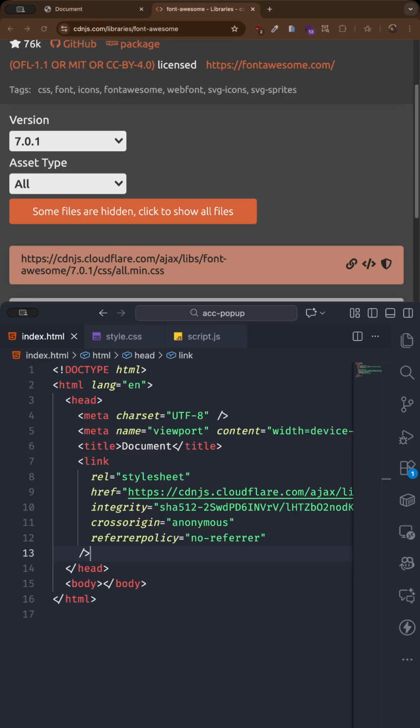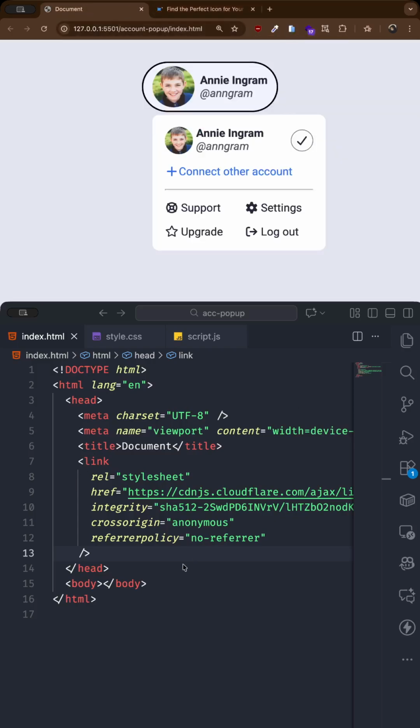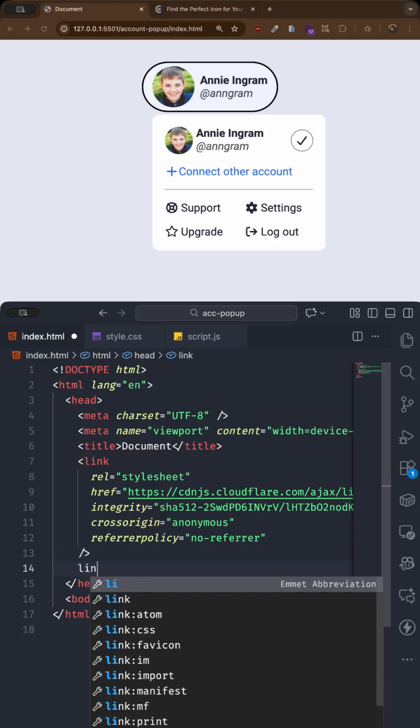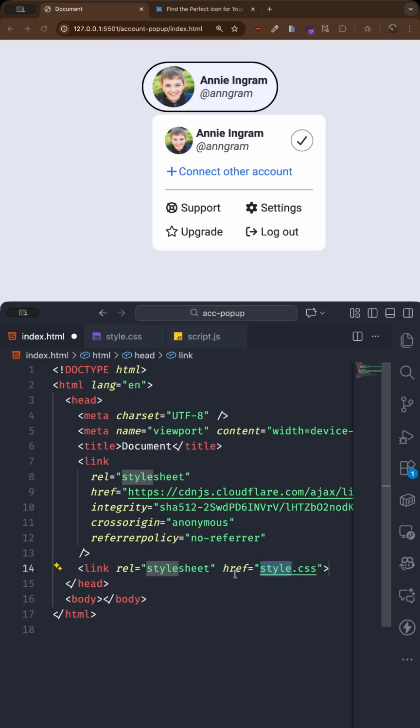And then the next thing is to open Font Awesome. And before we even continue, let's first link our CSS file. So you can say link CSS and then we link our style.css. You have to make sure that this style.css matches the file name you have. If you coded something new, you just use that new name here. Okay, the next thing is,